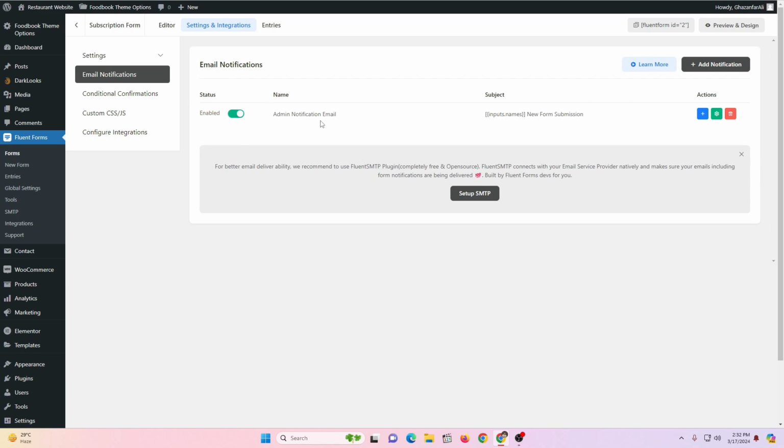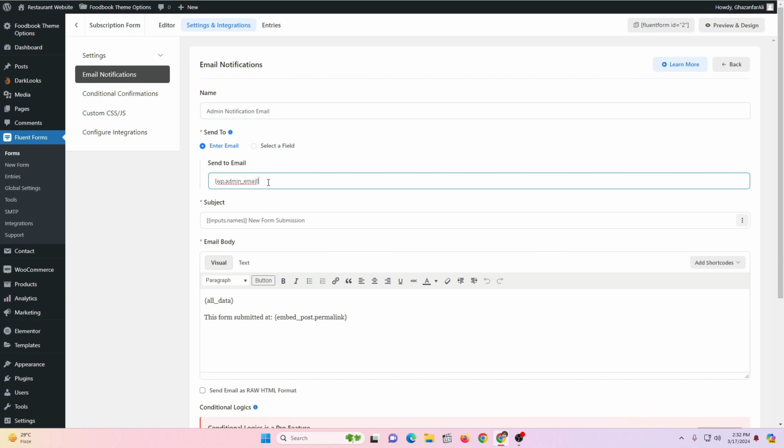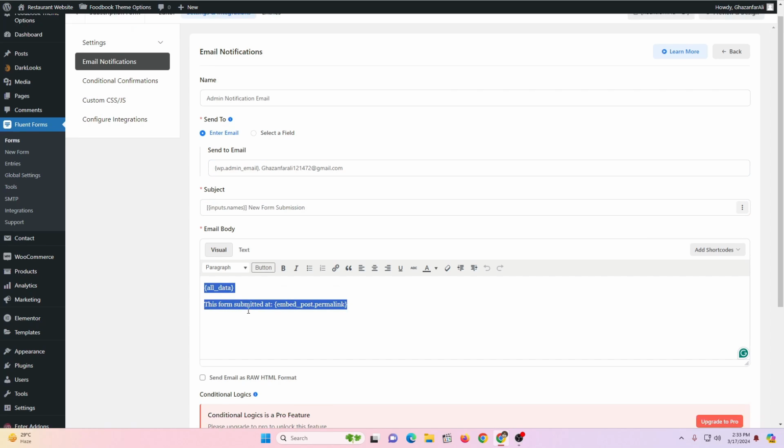First of all, enable this admin notification email and then click on this cog icon. So click on this cog icon, and here it is sending all of the emails to admin email. If you want to insert more emails, just type in additional email. I'll type in my email as an additional email. So here you can also change the subject, and here it is attaching all the data from the